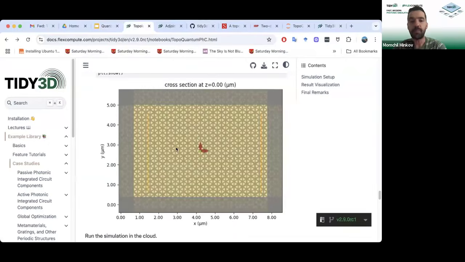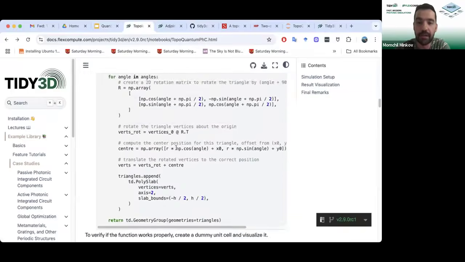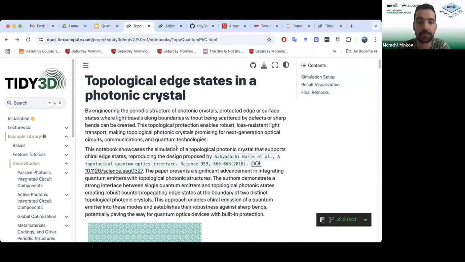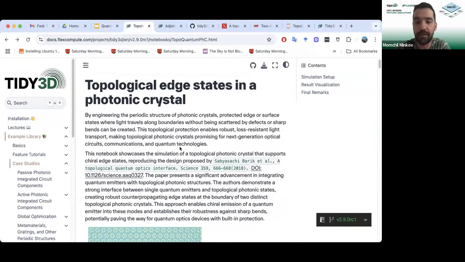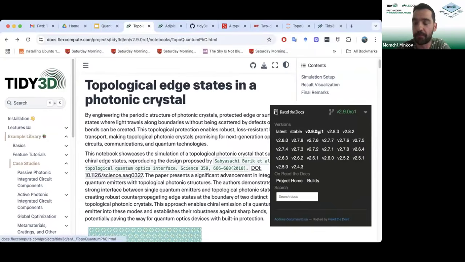So we have recently introduced an example in our documentation, and actually it's very, very fresh. In fact, if you go to our documentation, you need to go to the